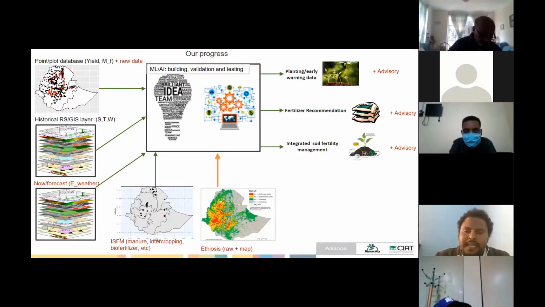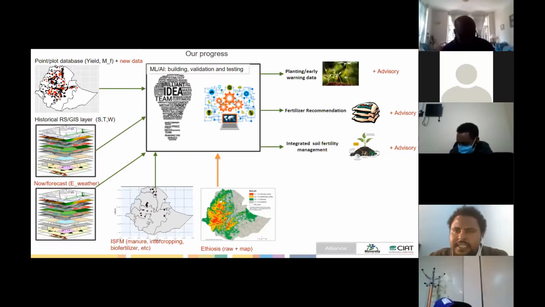So that also helps us to recommend what kind of soil fertility management can be practiced to optimize yield, and that's really important. And as you saw in the presentation by Ashanaf yesterday, we are also pulling in much soil information, and that can be integrated into this modeling practice, and that will be really instrumental to improve our prediction in terms of soil management, fertilizer recommendation, and others. And we are also expecting the HOSs to provide both the raw data and the maps to support this initiative.